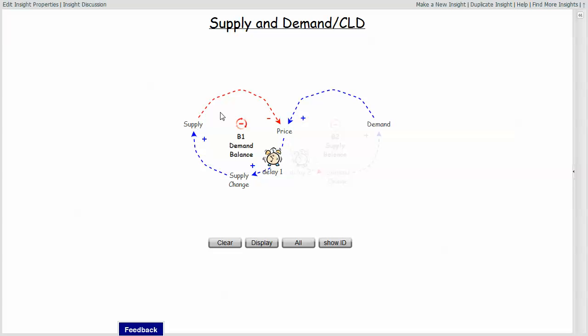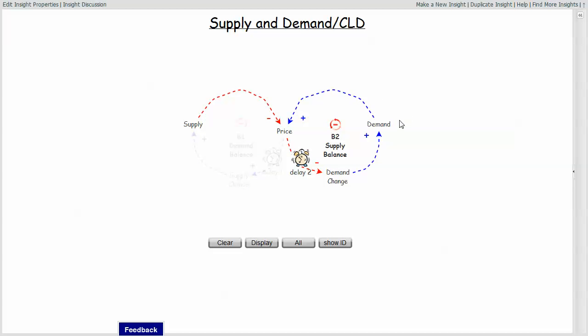influencing this structure to try and produce a balance. The second loop uses supply as the goal and tries to bring demand into line with whatever the supply supports in terms of price. So that from these two loops interacting together simultaneously, depending upon the delays that are in the structure, this tends to oscillate back and forth.